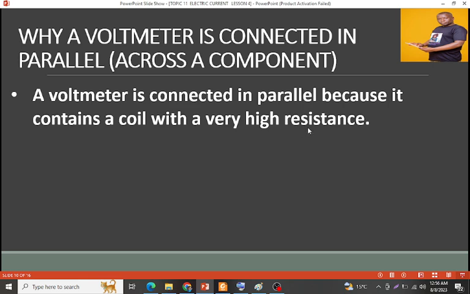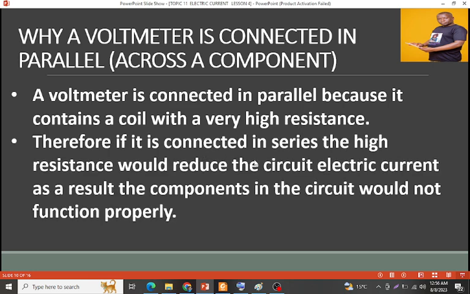It has a very high resistance, which, if you connect it in series, the high resistance would reduce the circuit electric current. As a result, the components in the circuit would not function properly. So this is the reason why a voltmeter is to be connected across a component or in parallel with a component, a load. The component can be a resistor, as we saw previously,